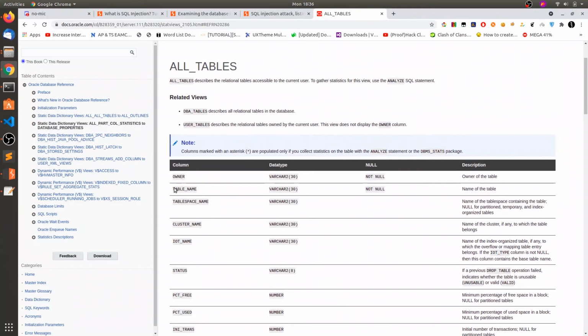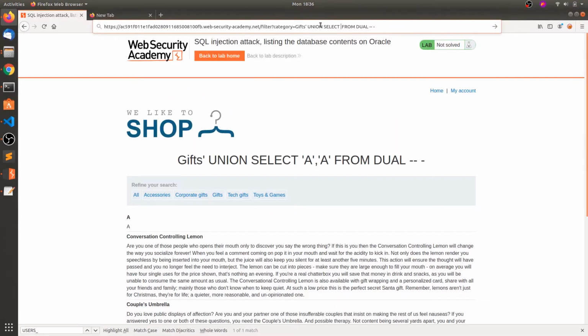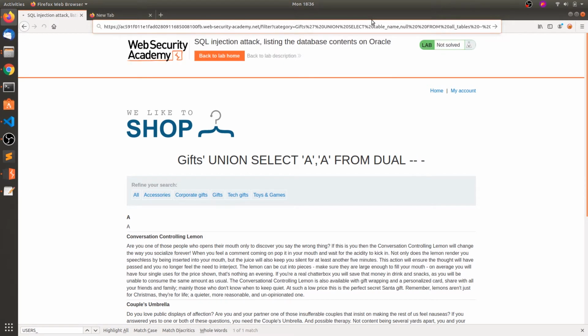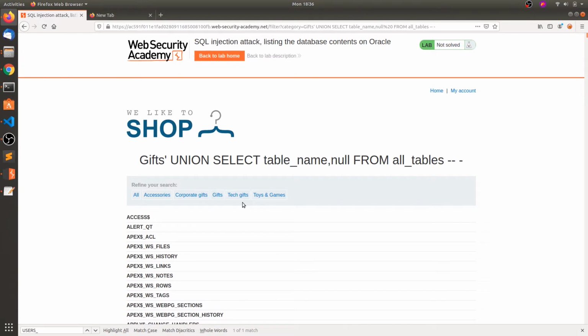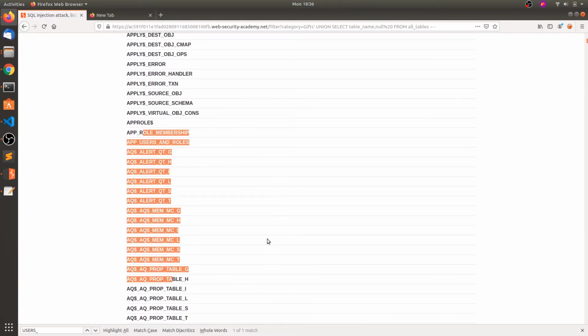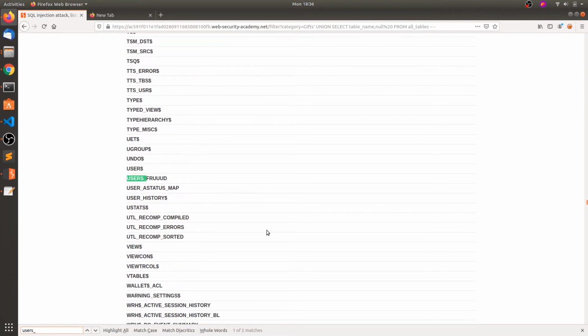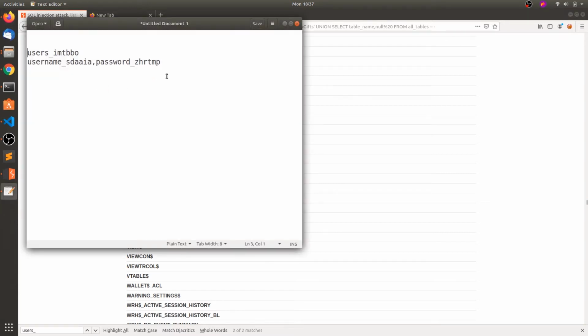So now we can use the table name. Let's say table_name, null from, which one, all_tables, right? You can see we got all the tables. Now let's search for users underscore. So this is the table, we have the credentials.